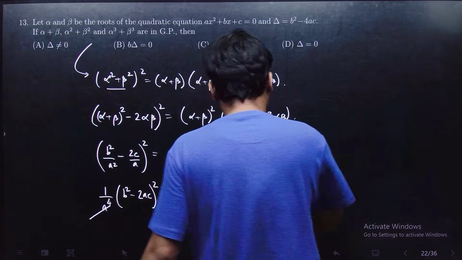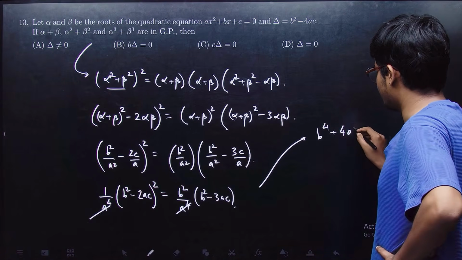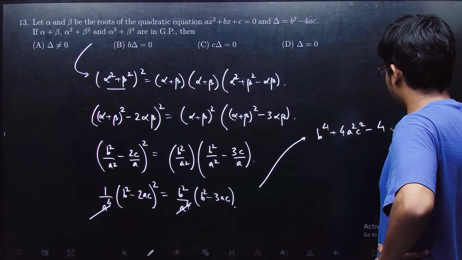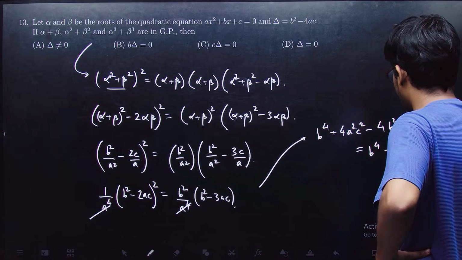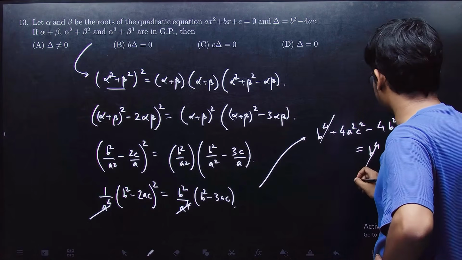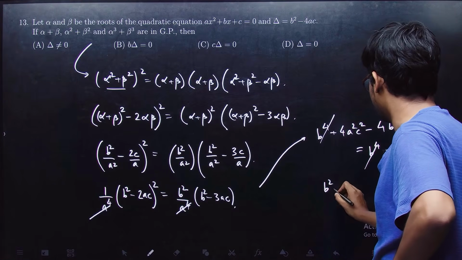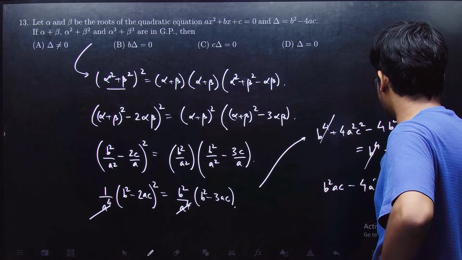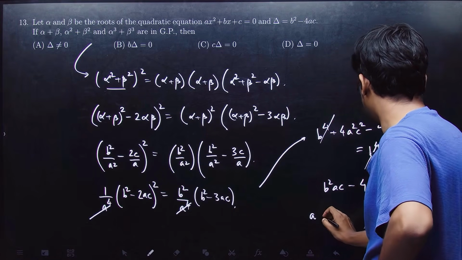Again, if I simplify this, what will I get? I get b to the power 4 plus 4a square c square minus 4b square ac. That should be equal to, again, b to the power 4 minus 3 ac b square, right? This and this cancel out. Send this term to the left hand side. What will you get? Or bring it to the right hand side, yeah. You'll get b square ac minus 4 a square c square equal to 0. And if I take, say, ac common from here,